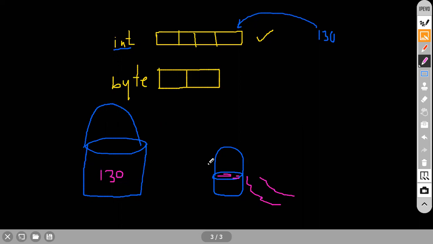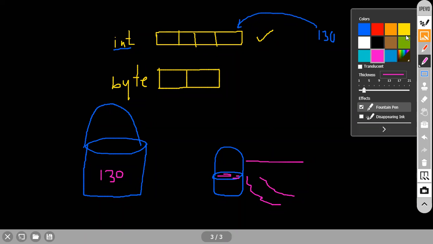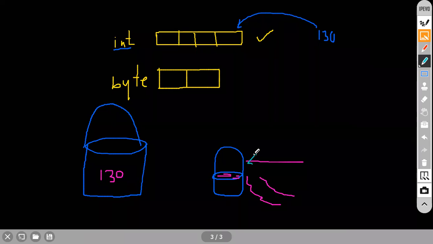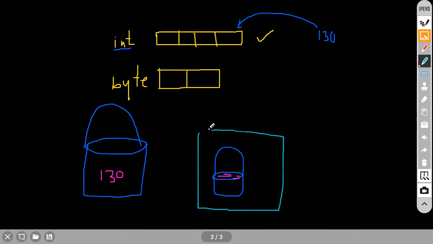At that time, I give a command saying even though it's okay, no problem, don't worry about that. I make this bucket a byte conversion.